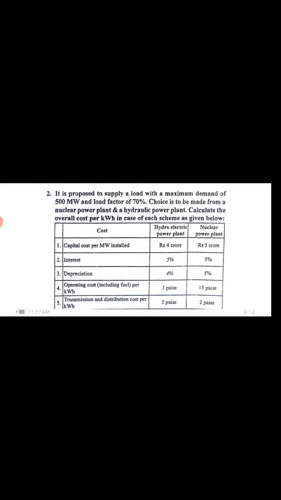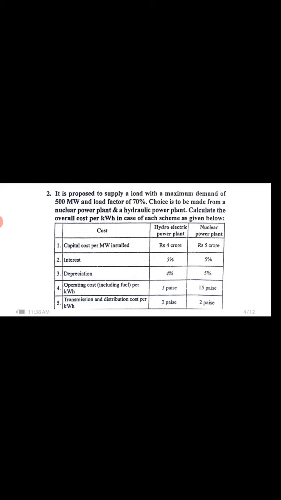Now we'll understand the terminologies first. Solving is the second issue, but you have to understand the problem. What is given here? The given point is we have to set up a plant of 500 megawatt. So you have two options: either you set up a hydroelectric power plant or you set up a nuclear power plant. But what we want is that the overall cost per unit of electricity generated should be the least, right? Okay.